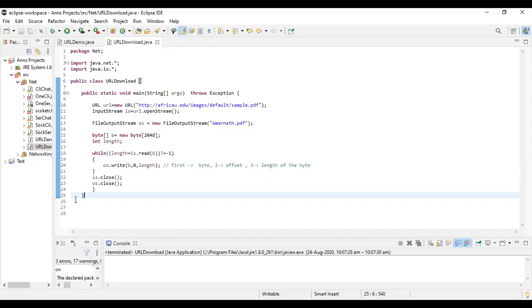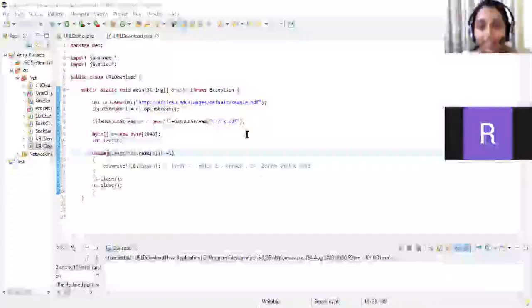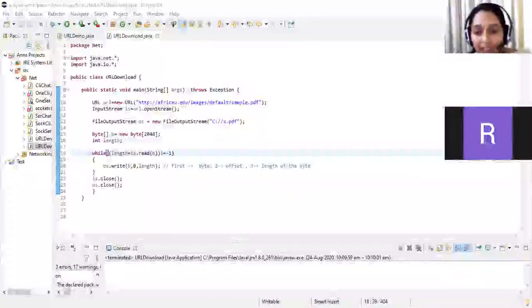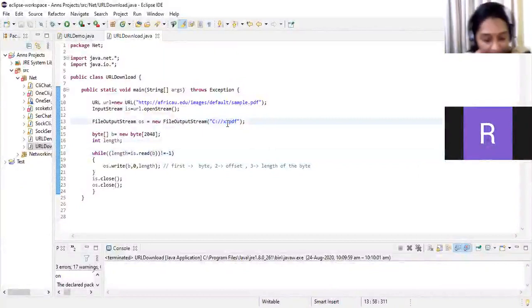So I had an extra bracket, that was the error. You can either have a try catch or you can have a throws exception. Now let's see. I gave an easier path because my file explorer somehow couldn't work, so I gave a direct path. I'll just give Amarnath back over here. Okay, I'll save my file. I'll run it. Okay, looks good.